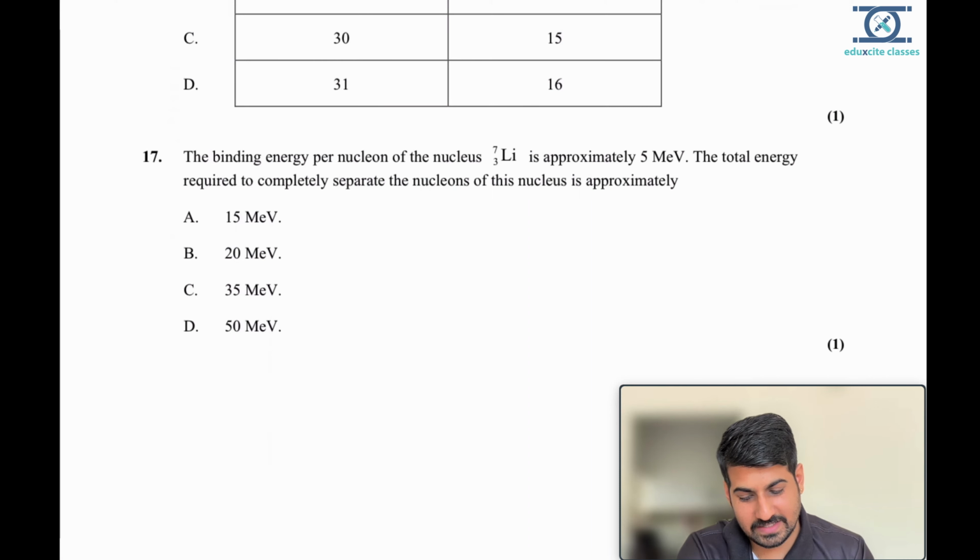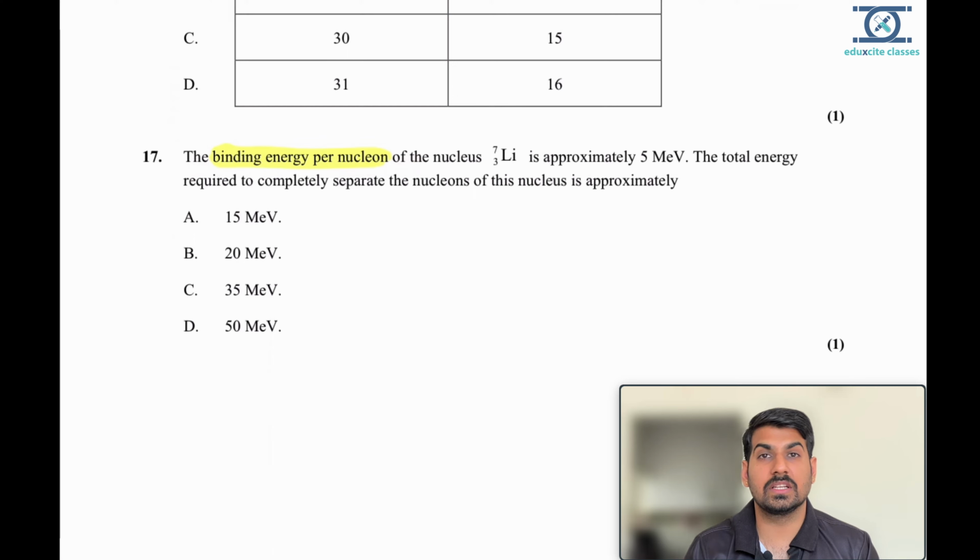Okay, very easy. So now the binding energy per nucleon. This is the most important concept from this topic, the binding energy per nucleon. Please go through in detail what do you mean by this concept of binding energy per nucleon. It is nothing but the minimum amount of energy required to split the nucleus into its fundamental particles apart, because they are strongly interacting with the strong nuclear force. So in order to break the nucleus, you have to provide a certain amount of energy to it.